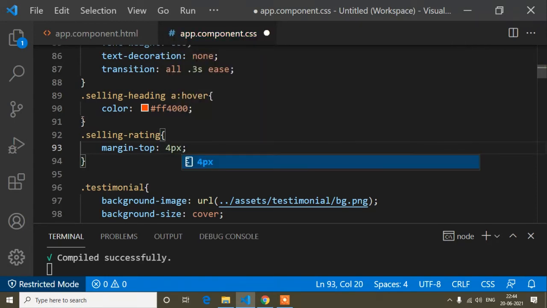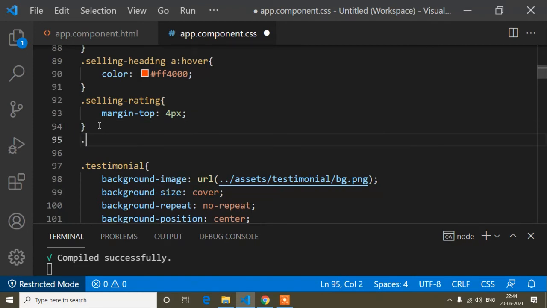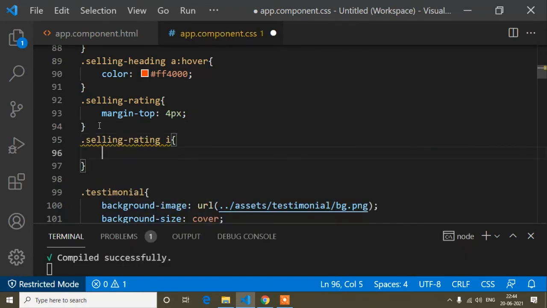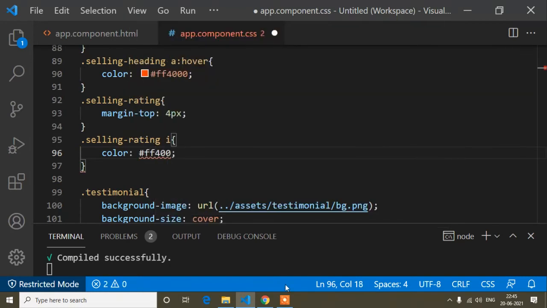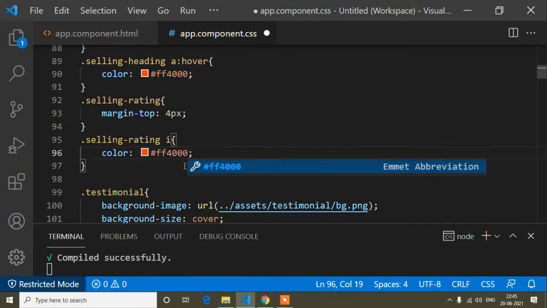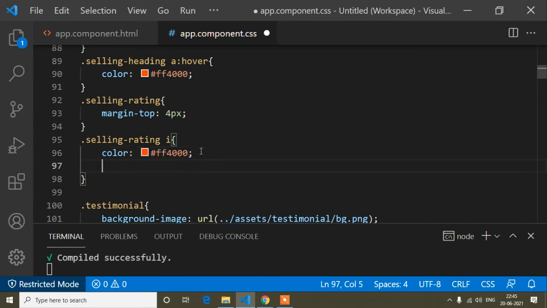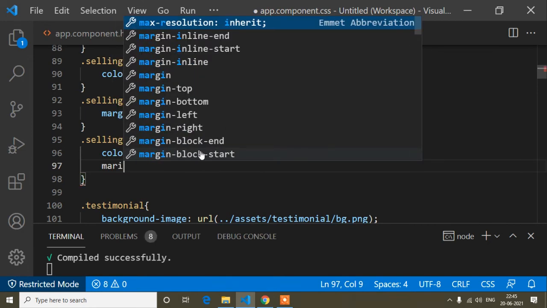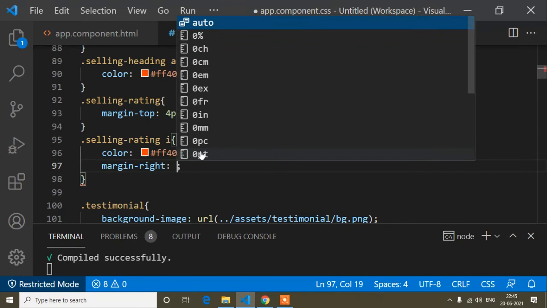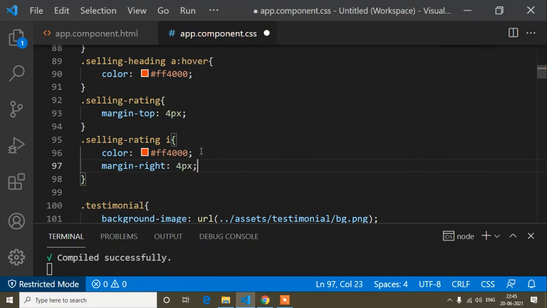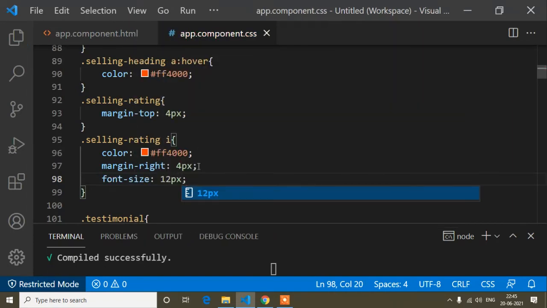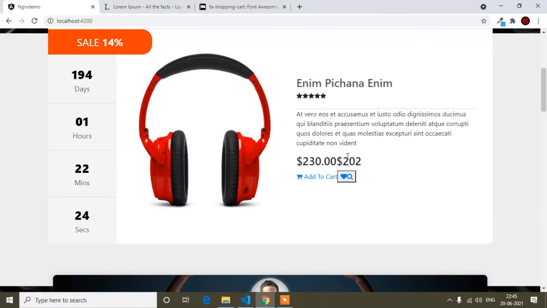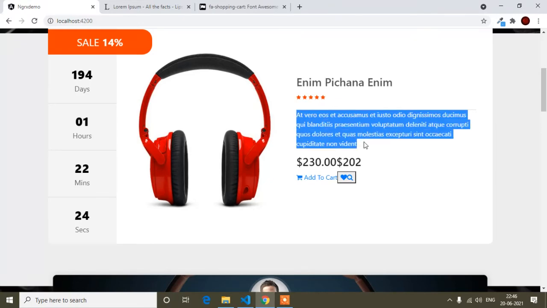And now this selling rating I, so here I will write color, so color is FF0 this orange color, and now here I will write margin right. So margin right is 4 pixel, and font size, I mean the star icon size, will be 12 pixel. So save, and first of all I'll show you the preview. So you can see it's showing like this, and now I will add the design for this paragraph.